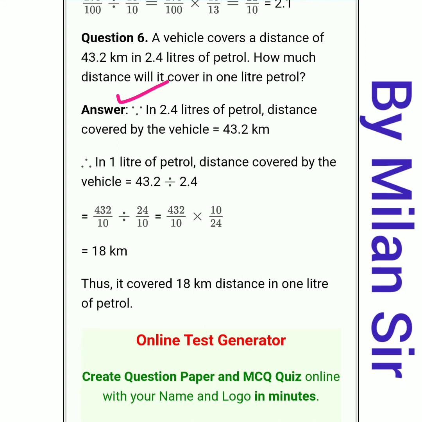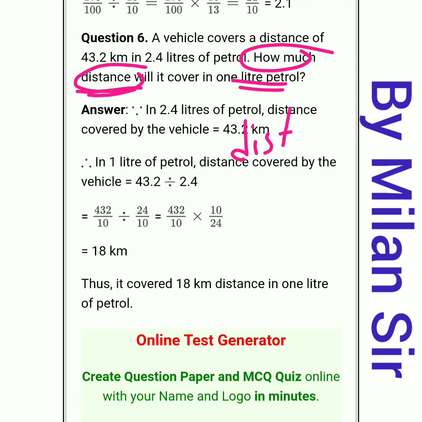So in this type of question we need to make one table. In that, whatever we need to find, we need to put in the second position. Here in total we have two things, distance and liters of petrol. How much distance, that we need to find. So distance we need to put in the second position, because here we need to find the distance. So liters we need to put first.